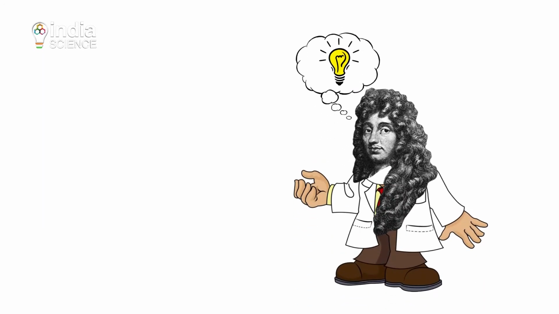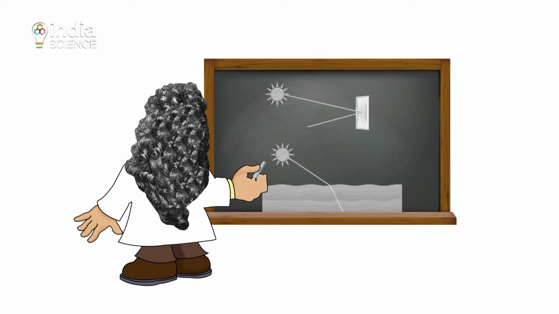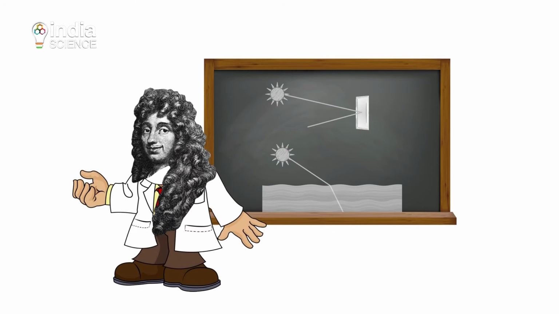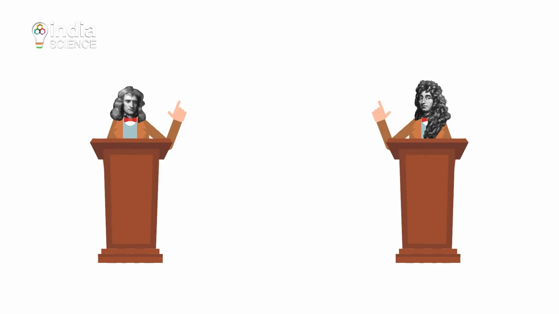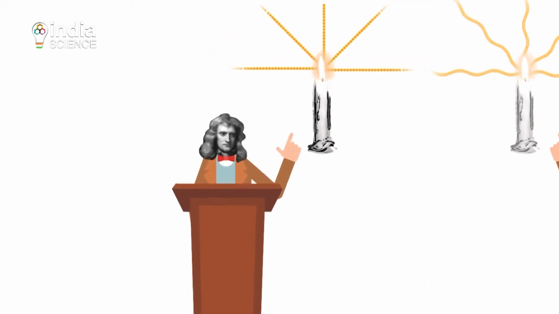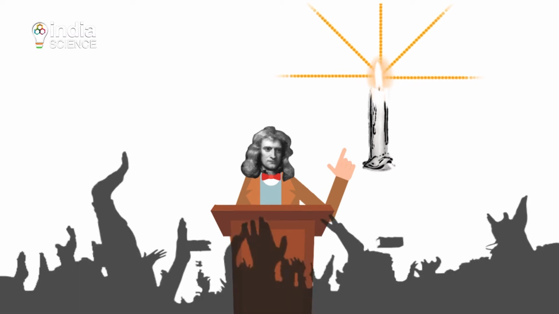Around the same time, a Dutch physicist, Christian Huygens, had another story to tell. He said that light is made up of waves, which are disturbances that travel in a medium much like a sound wave. Even his theory was able to explain the phenomena of reflection and bending of light. Hence, this made the nature of light a debatable question. Is light made up of particles or waves? However, since Newton had a high reputation in those times, his particle model was a popular choice.